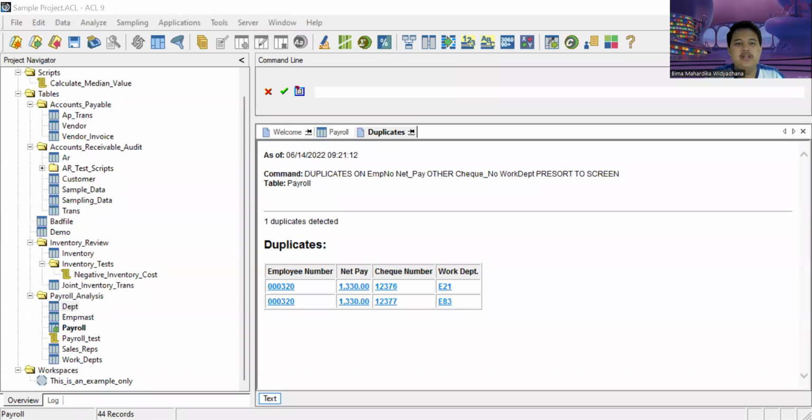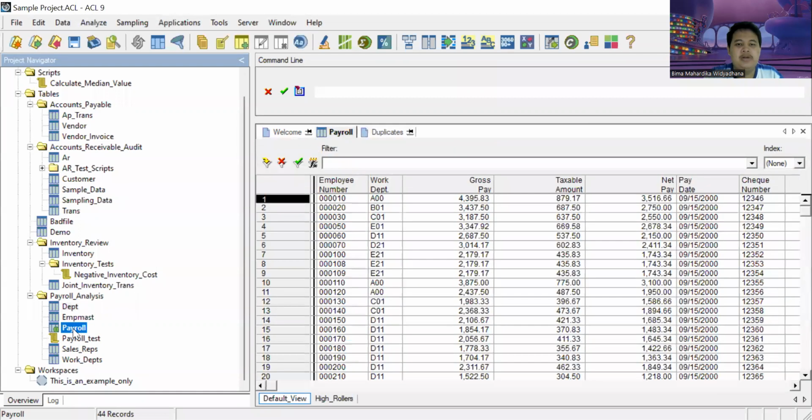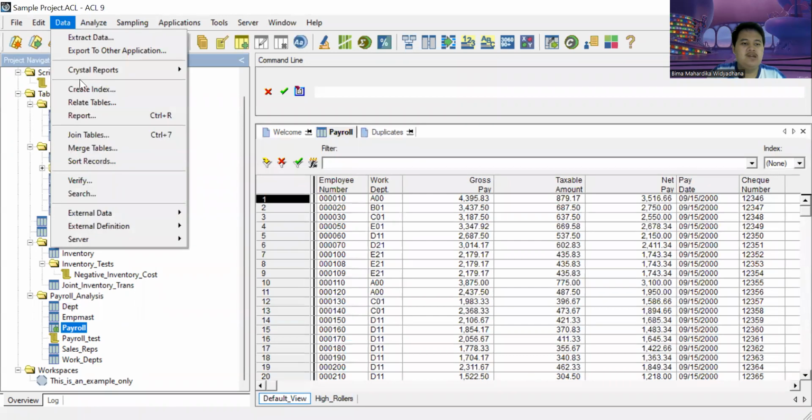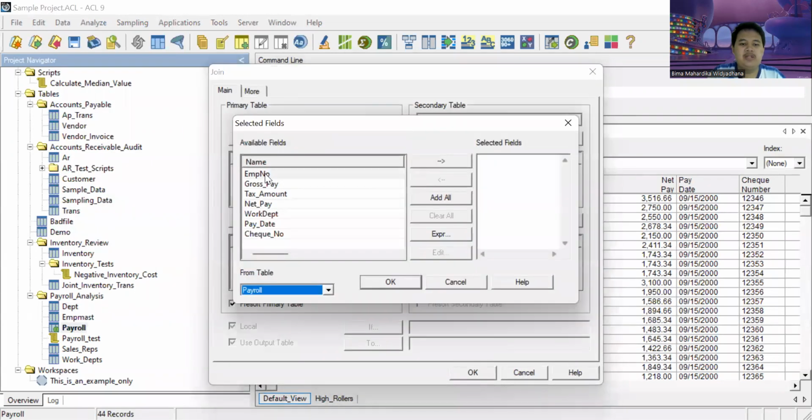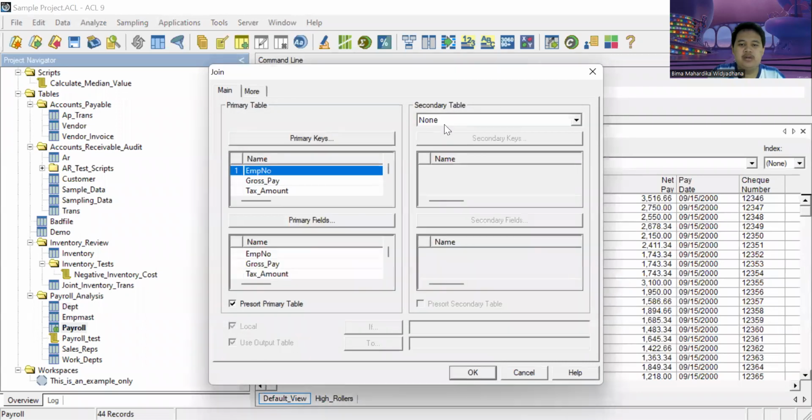The next test is testing for non-existent employees. We open the payroll table and join it with the employee master table in order to retrieve the data needed. First, we click Data, Join Tables. In the primary key, we choose employee number, click OK.